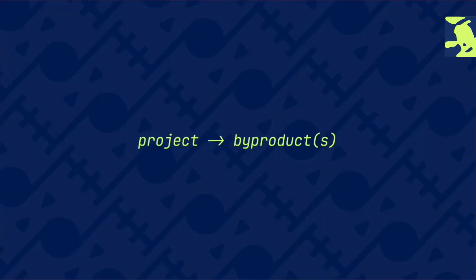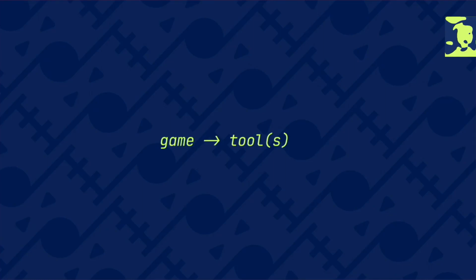So all of these have this pattern. There's a project, and the project yields a byproduct or byproducts, but there are patterns more specific than this that are, I think, happening here. They all happen to be games, yes, that led to tools. But this pattern of project yields byproducts, I've used this pattern for other things, and I'm sure a lot of you have too. A project yielding a soundtrack, a standalone soundtrack,